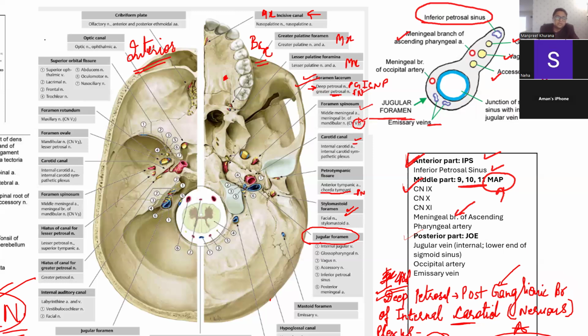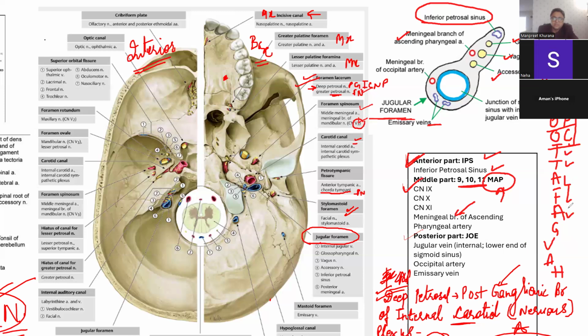Anybody who can tell me all the 12 pairs of cranial nerves names? I think you should know. Yes, tell me. Olfactory, optic, oculomotor, trochlear, trigeminal, abducent, facial nerve, vestibulocochlear, glossopharyngeal, vagus, accessory, and hypoglossal. Okay. So you can learn it by a mnemonic. The first three are sometimes a little confusing: olfactory, optic, and oculomotor. Then trochlear, trigeminal,